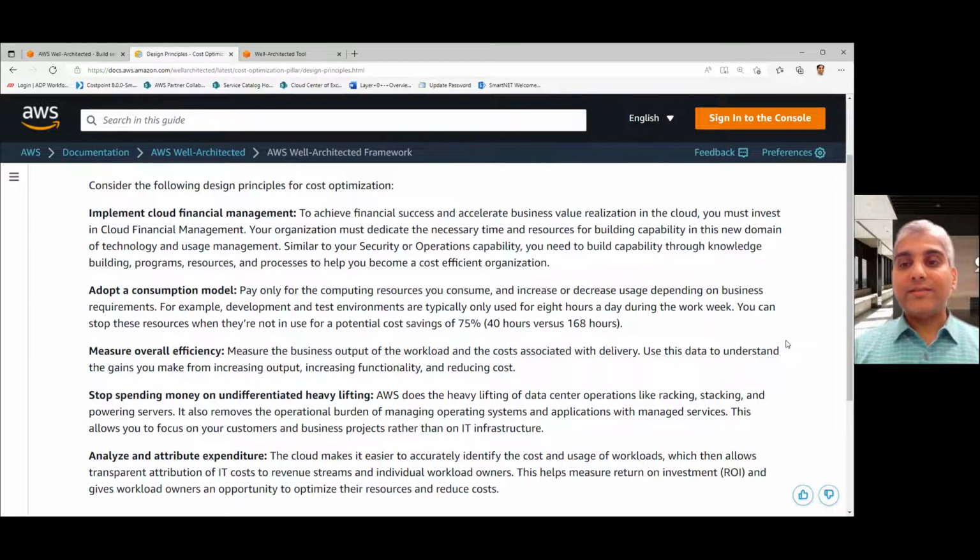And then the next design principle is to measure overall efficiency. Like I said, everything around cost is going to be deeply rooted in measurements. So looking at what you're paying, but also looking at what is the value that's being created for that money, measuring that business output and the costs that were associated with delivering that particular business output, and then using this data to actually figure out where you need to reduce your cost, where you need to increase the kind of functionality that you're providing, or maybe there are tools that you're already paying for,